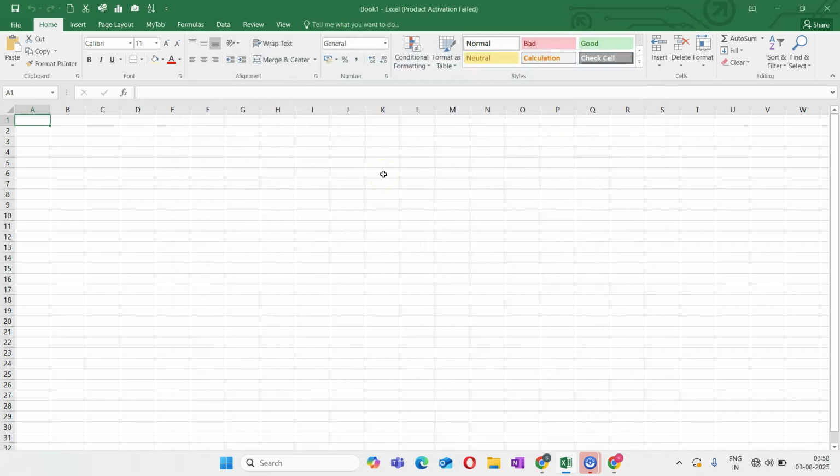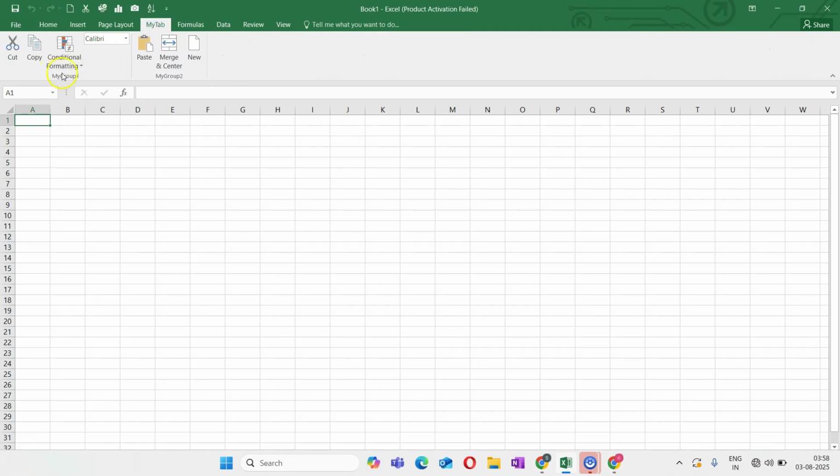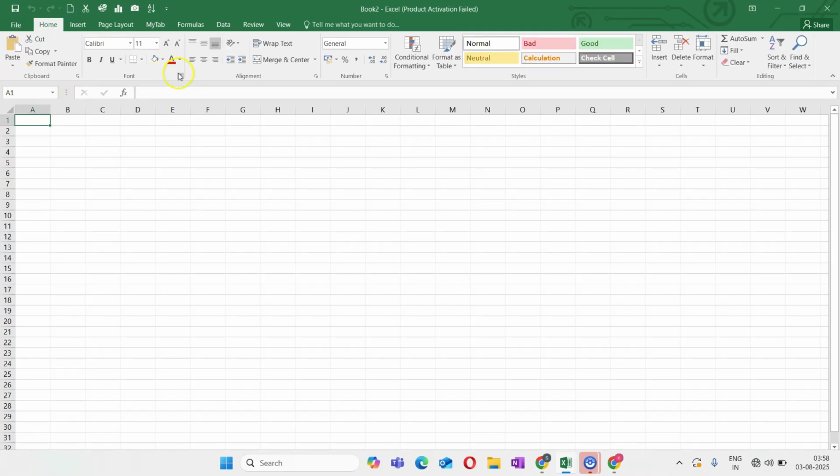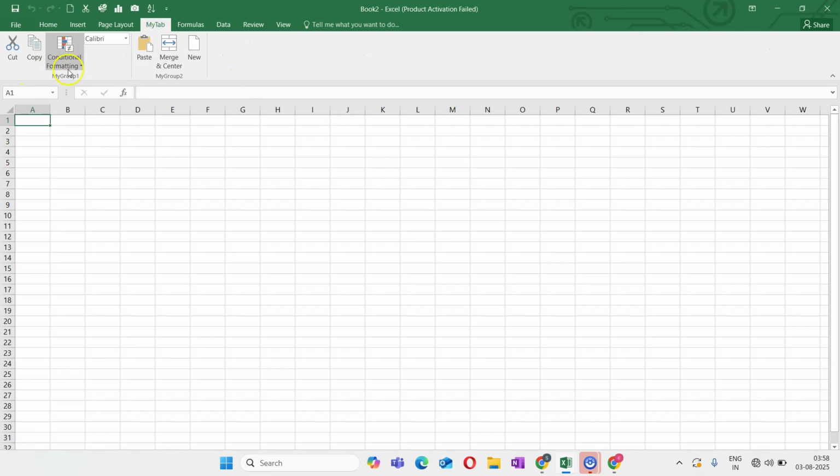Once you have pressed OK, you will see My tab, which has two groups, My Group 1 and My Group 2. Each of these groups will have the tools that you wanted to use. So this is the simplest way of customizing your ribbon and getting a tab of your own name.